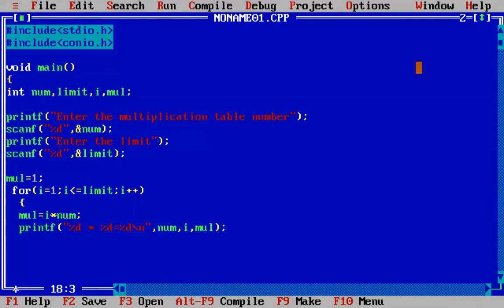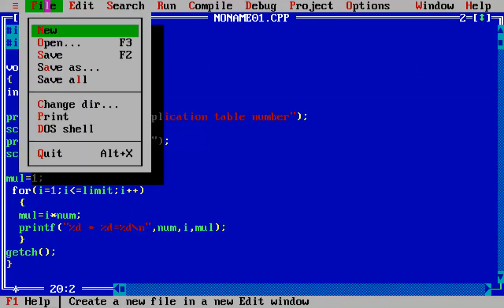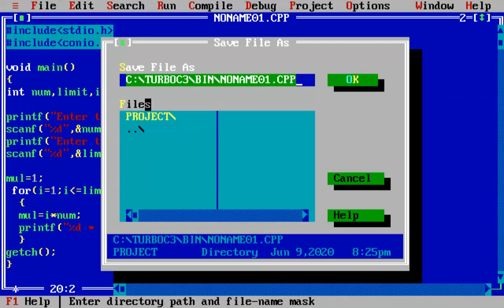Then we are going to close the for loop here. Okay, this completes our logic here for the table, and this is our last line. Now we will save it first, and give it a name, anything we can give, like multiple. Okay, we will keep it short.